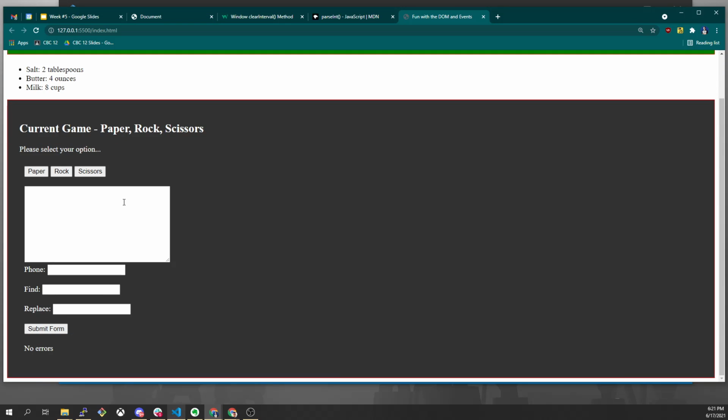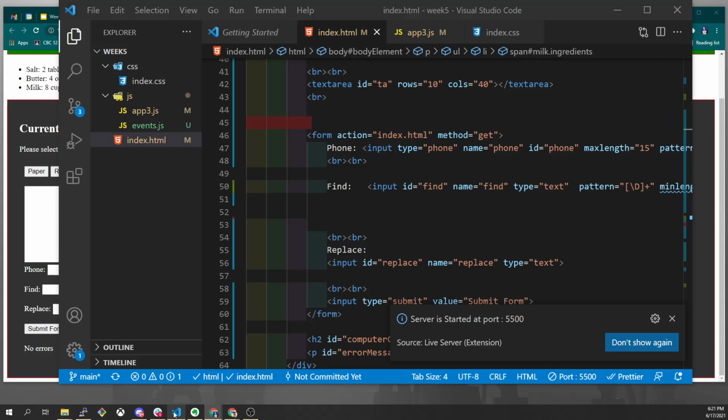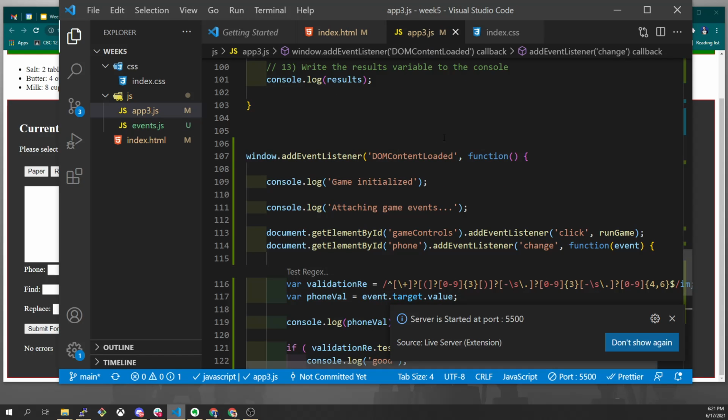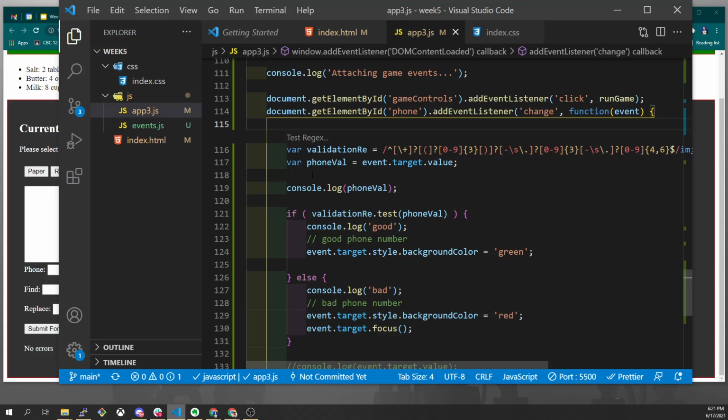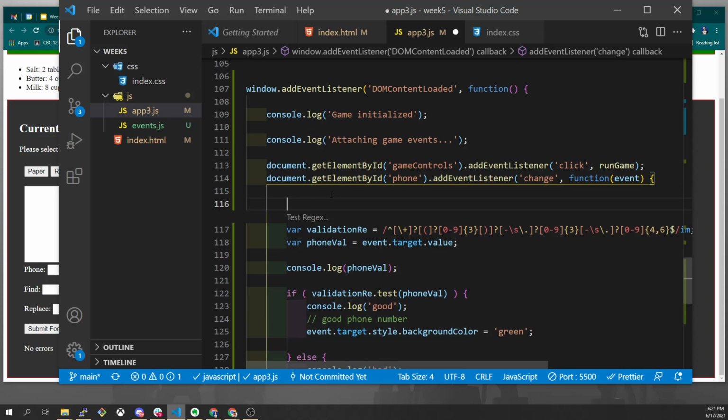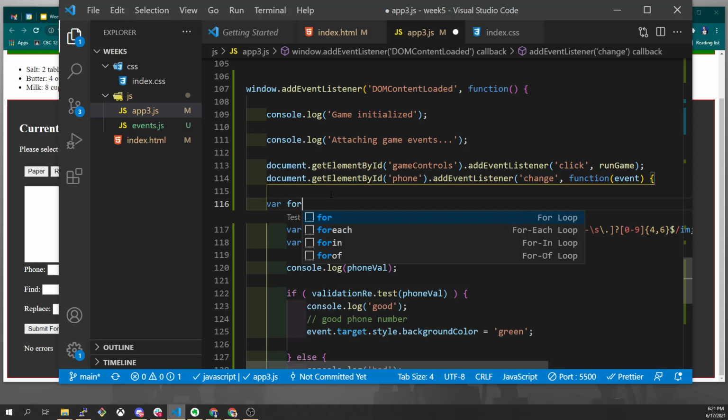All right, so we got this big form, right? And it's got a phone number, a find, a replace. What you'll generally do, and maybe you'll even do this as an event, is you'll come in here and write some code that says, when the submit button is pressed, we've got all this validation code in here. When the submit button is pressed, we might want to say, let's call var formValues